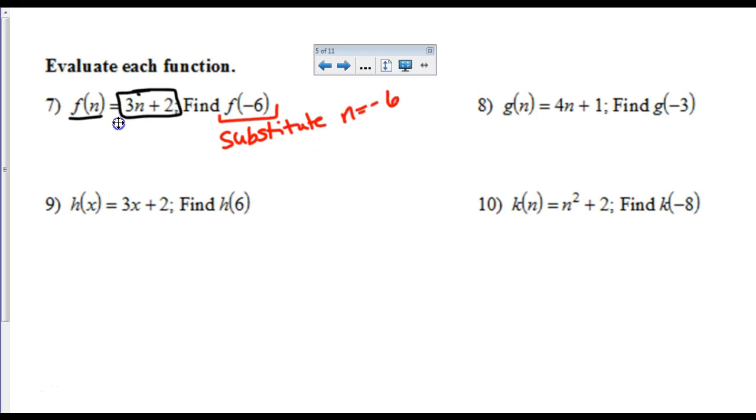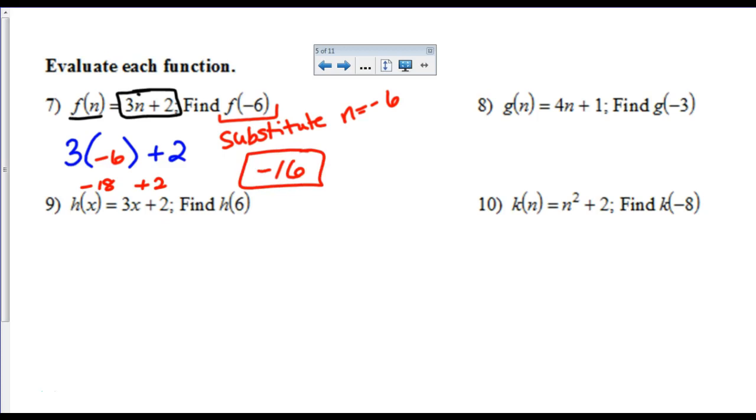So you go to the body of the function, which is 3 times n plus 2, and then instead of writing n, you plug in negative 6. So 3 times negative 6 is negative 18, and then when you add 2 to that, you get negative 16. So the answer to this question is just negative 16. You don't have to do anything weird with n equals, because that's not quite what it is. If you want to get super fancy, what you can write is f of negative 6 equals negative 16. That is the absolute fanciest answer I will accept, but you can just say the answer is negative 16